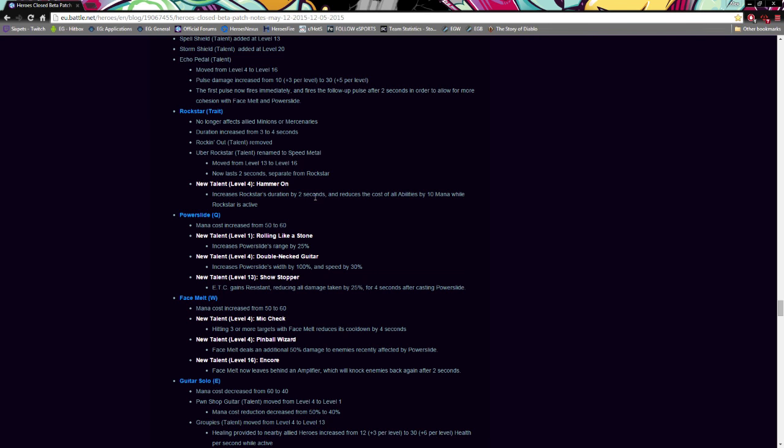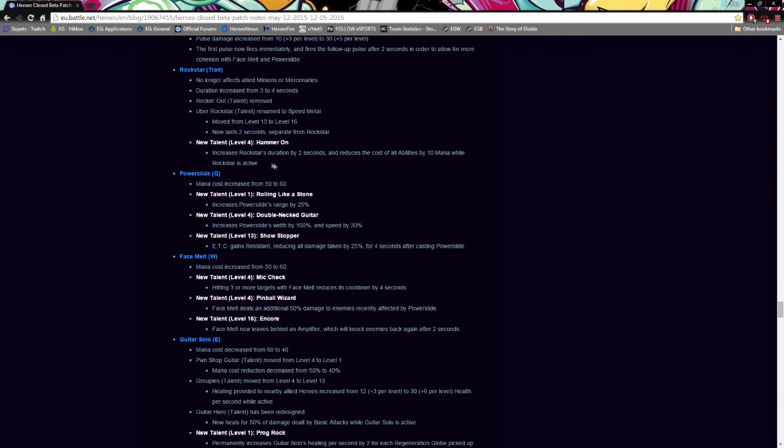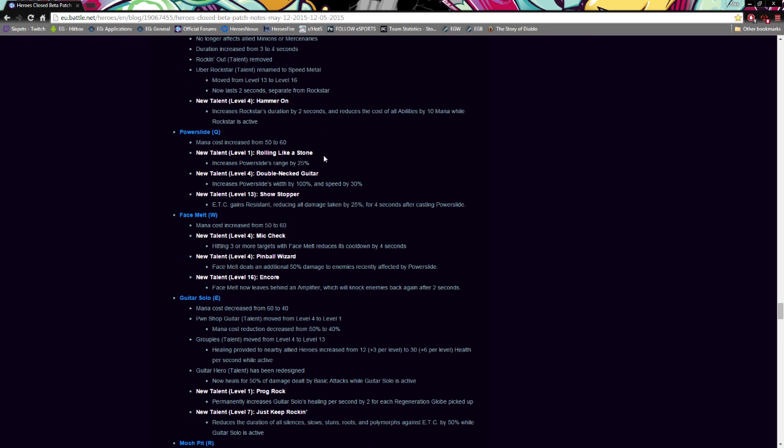Increases Rockstar duration by 2 seconds and reduces the cost of all abilities by 10 mana while Rockstar is active. I'm not sure why he needed the mana reduction? I guess we'll play and see. Same thing with Diablo. I have to check the whole talent tree, and I actually have to play and try stuff to conclude